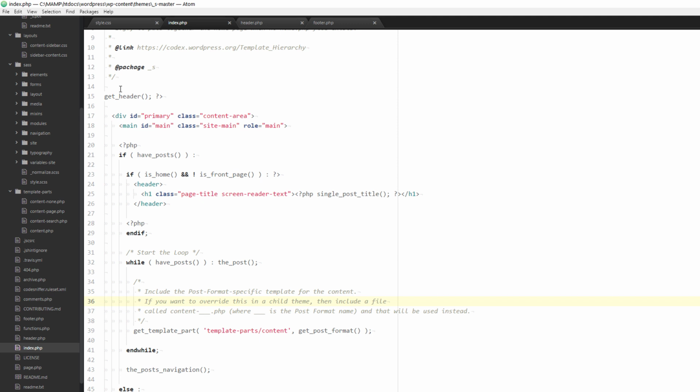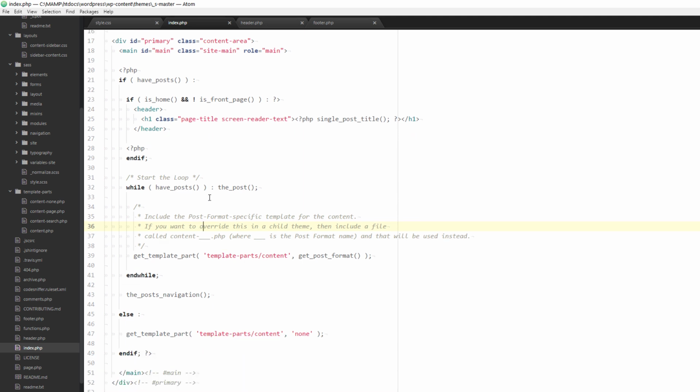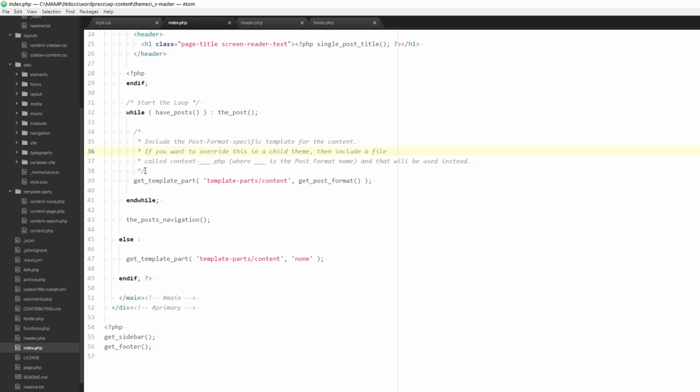So again, you have your get header, your HTML, your if have post conditional, and then this is what it'll do if it's the home page, meaning the blog page, and it's not the front page. It'll output this information here, and then while have post to post, gets the template part content, and while post navigation, else content none. Close off the HTML tags, and then down here, now I'm going to